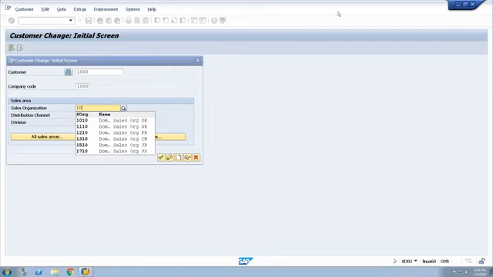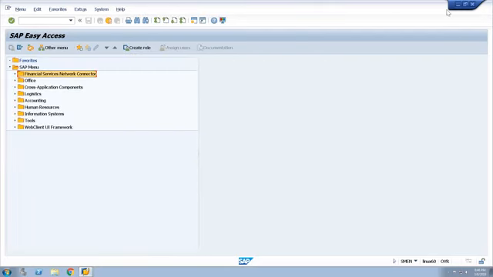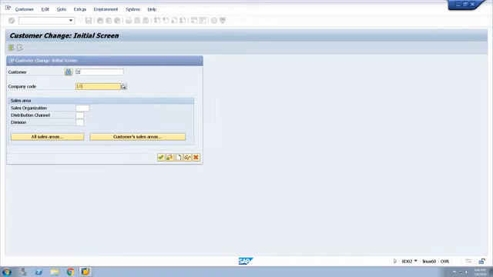Just a moment. I hope this is S4HANA. Okay, this is S4HANA system. Let me close this. So how did I identify this as an S4HANA system? Because in S4HANA, it gives suggestions. You see, if I say 1000, there will be a drop down. Select. We don't have this in the ECC system.